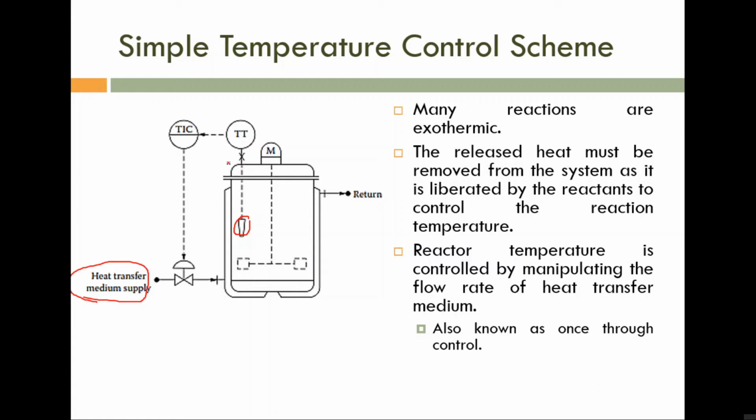So you can see that this one is a capillary element, and here you can see a temperature transmitter. By using the capillary mechanism, temperature is measured, and that temperature is transferred to the TIC by using an electrical signal. So this one is an electrical signal. Now for the TIC, with respect to this signal, there is a set point that is understood. If you have a controller, definitely we have to give a set point. And if that line is not shown, it means we are giving that set point manually. So you can see that TT is a field device, but TIC is a central control.